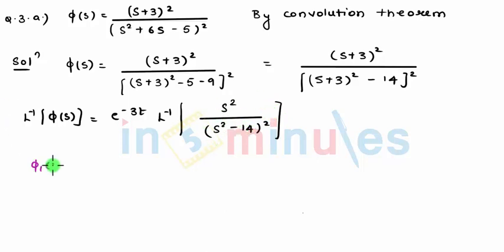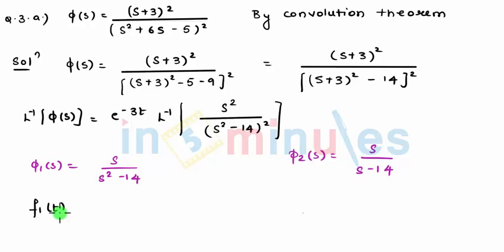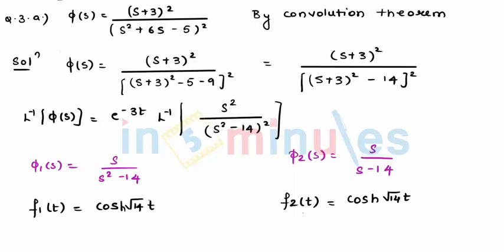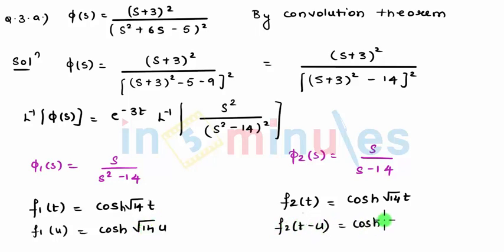So guys, I start with phi 1 of s is s divided by s square minus 14, and phi 2 of s is again s divided by s square minus 14. So I can say f1 of t comes to be cos hyperbolic root 14t and f2 of t comes to be cos hyperbolic root 14t. So now we can put it into a formula. Before that, let's define here itself: f1 of u is cos hyperbolic root 14u and f2 of t minus u is cos hyperbolic root 14 times (t minus u). So now L inverse of phi 1 of s into phi 2 of s,